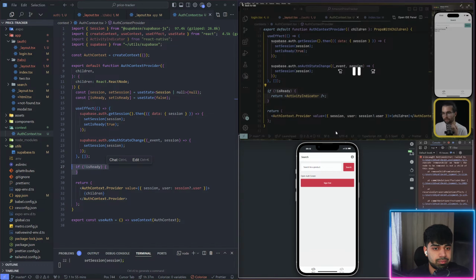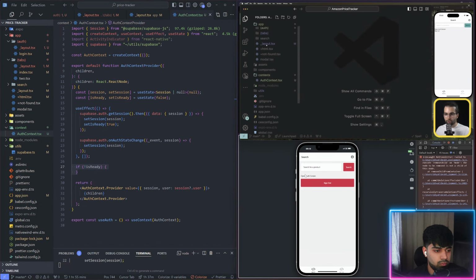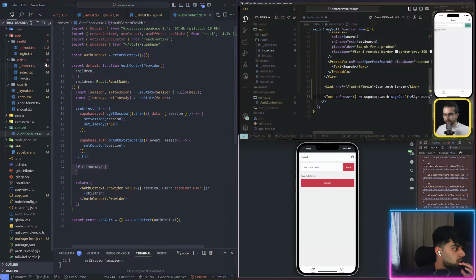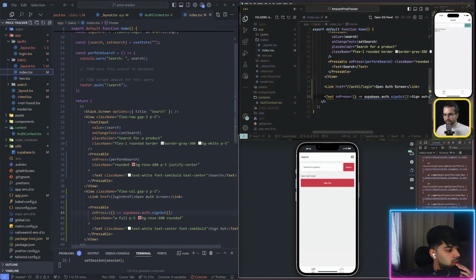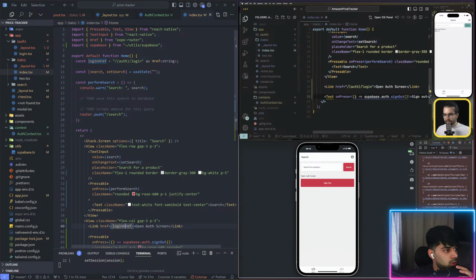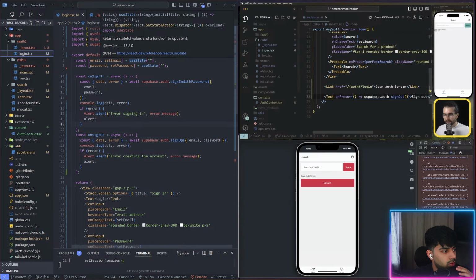It automatically goes to the screen that we need, for example, on this tab. And even if I try to go on the authentication by pressing open auth screen, it doesn't go. It's handled automatically for us. So from the tabs index, I remember we did it on the index. We said open auth screen login. It directs to that, but then on the here,